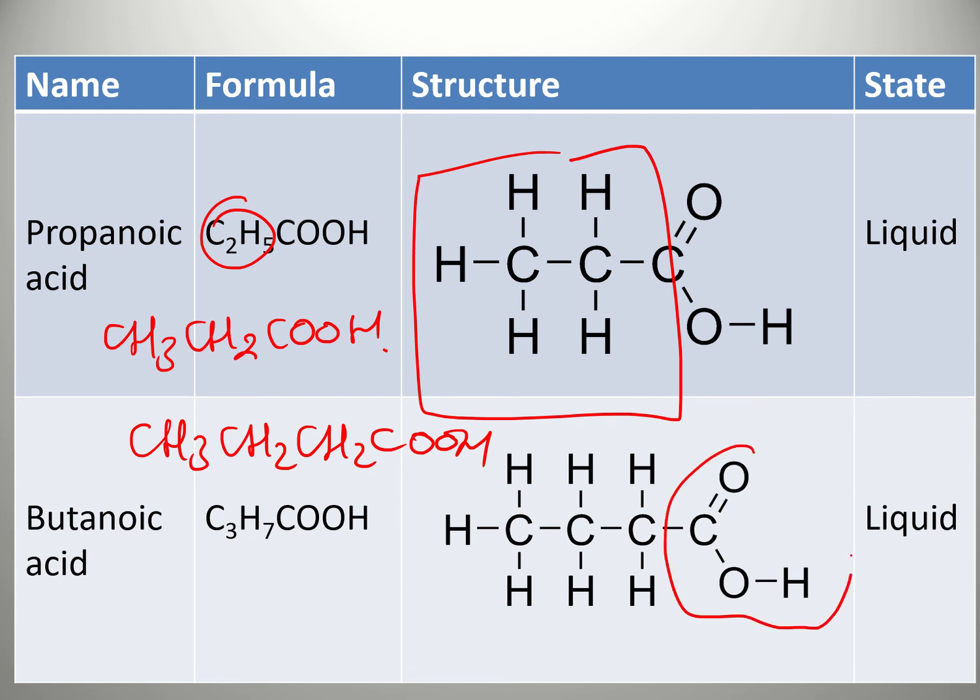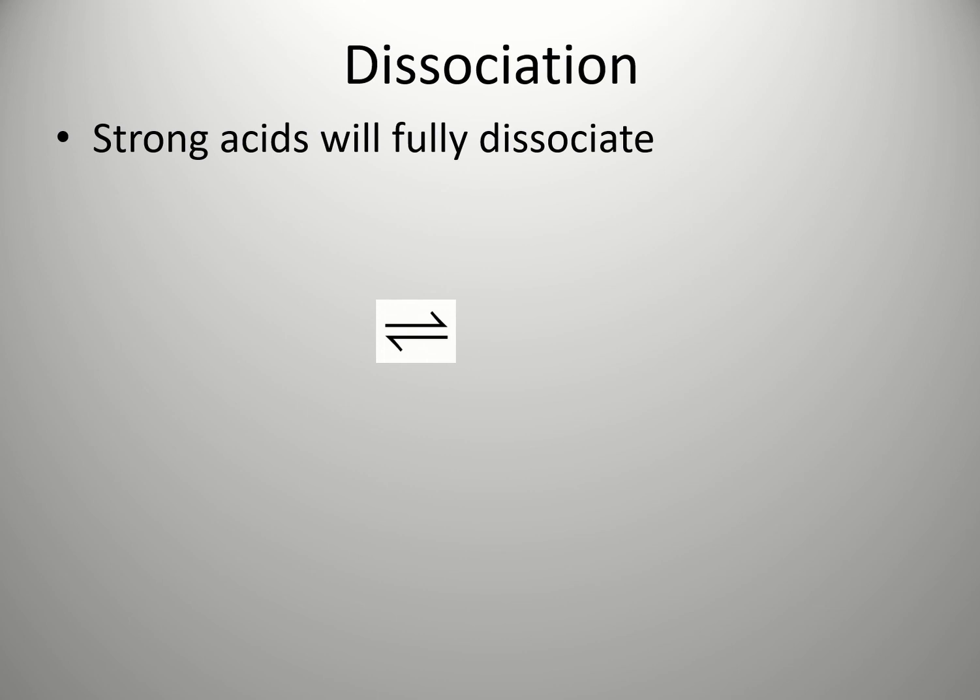But again, there's the carboxylic acid functional group in all of them, and then everything else you account for. Right, dissociation. I've already mentioned that these are weak acids. Strong acids fully dissociate. So if I had a strong acid like HCl, every single molecule of HCl would decompose into H plus and Cl minus. So if I have 1,000,000 particles of HCl, it's in a 1-to-1 ratio, so I will get 1,000,000 H plus